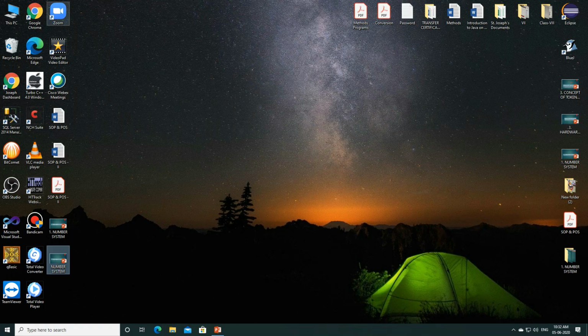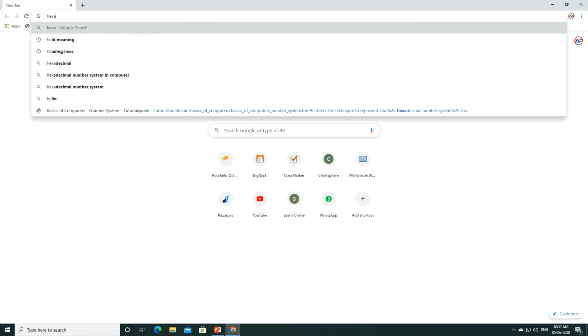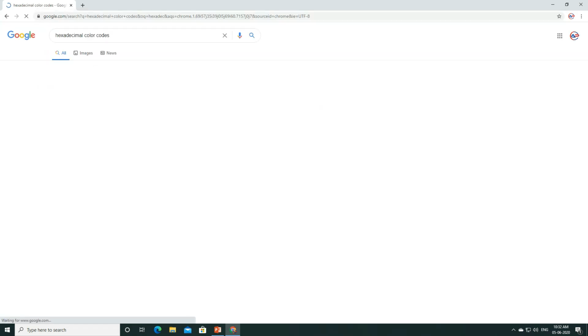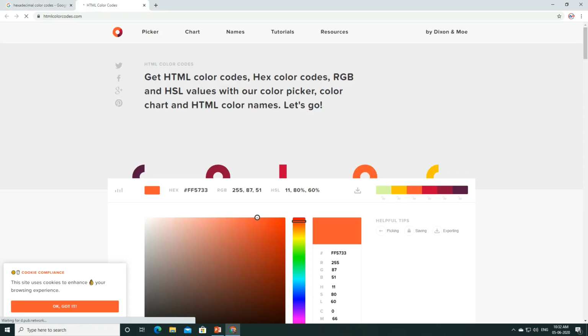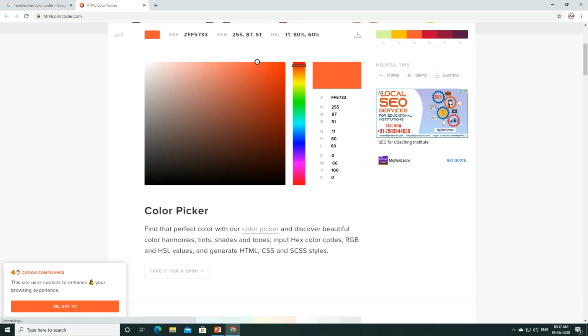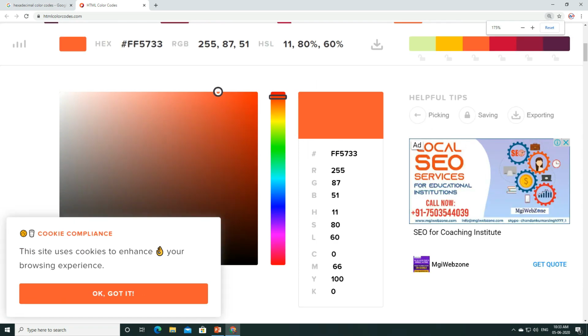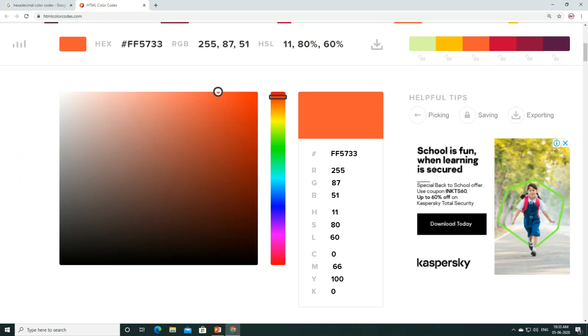We'll open Google Chrome here and we'll find hexadecimal color codes. Let us find some hexadecimal color codes here. Look here, you can just have a look at this. Look at this section, it is quite important. Students, where I am moving the cursor, let me zoom this part. The whole place is considered as red color.